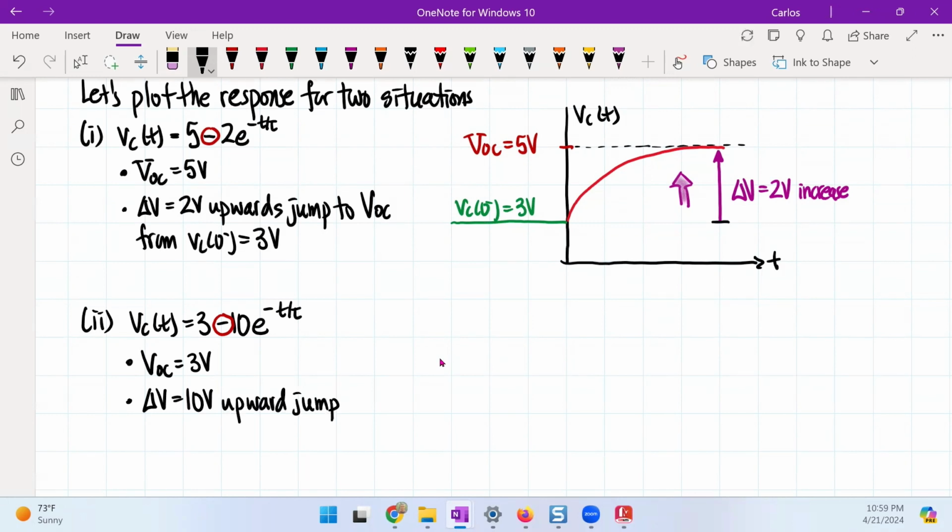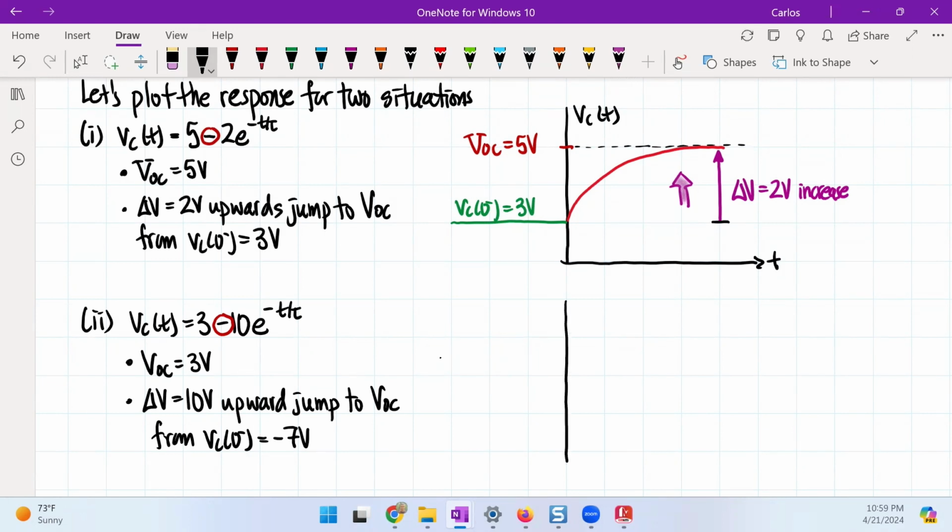jump to VOC. But if I have a 10 volt jump, then that means it must have started at VC of 0 minus, which was minus 7 volts. So if I draw this out,